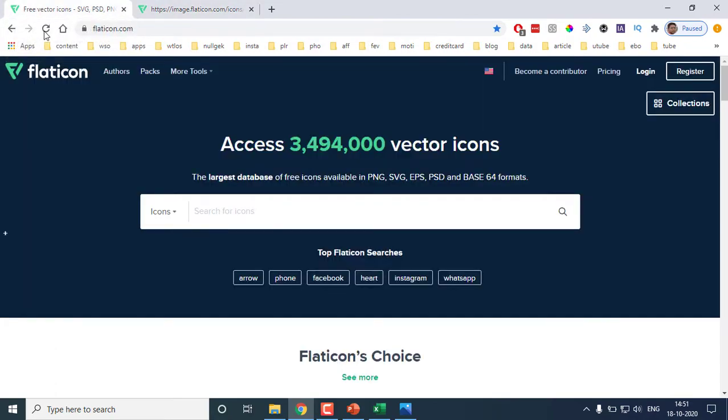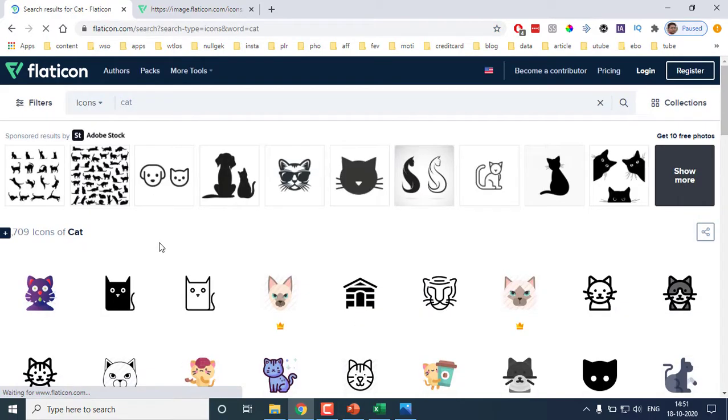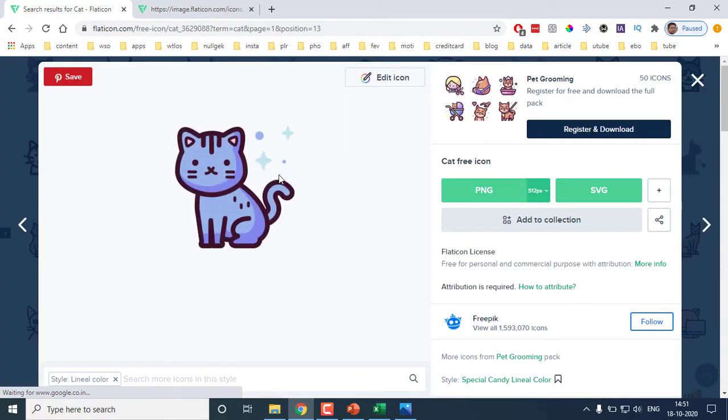For icons, I use Flaticon. So how can you do this? I am using a cat. So browse cat. You can download this picture as a PNG file, but for better quality, download the 512 pixels.